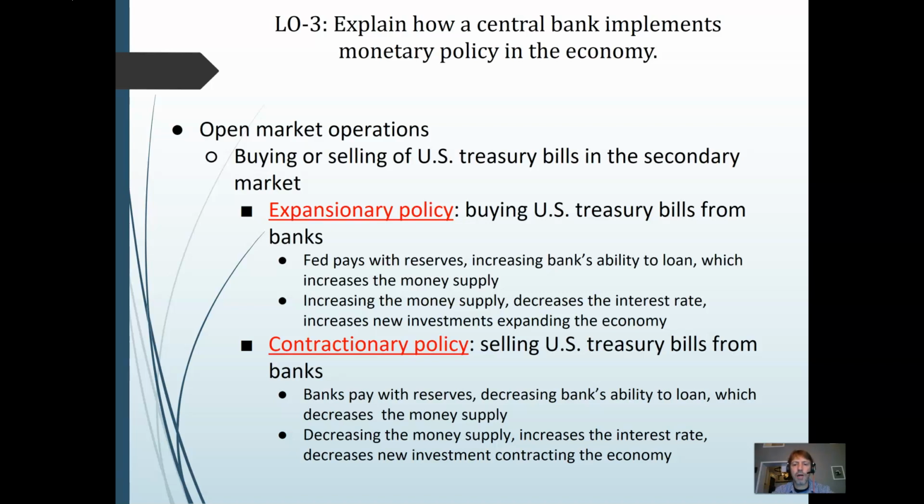In contractionary policy, then, the Fed actually sells those treasury bills to banks, and the banks pay with reserves to the Federal Reserve, decreasing their ability to loan the money they have on hand, which decreases the money supply. As a result, every dollar that's out there becomes more valuable, and so they can charge higher interest rates. So we see an increase in interest rates,